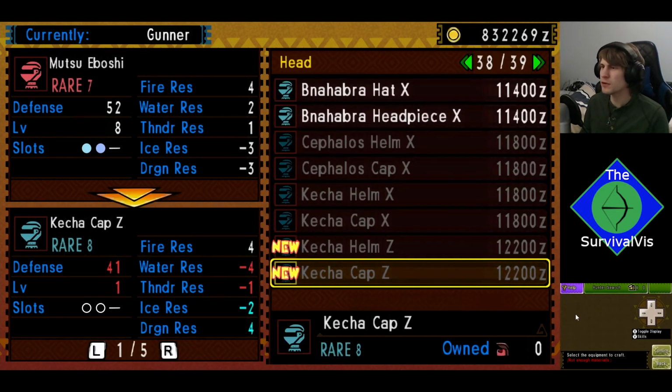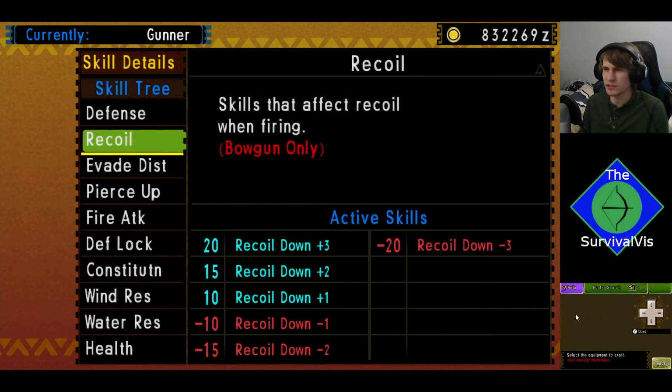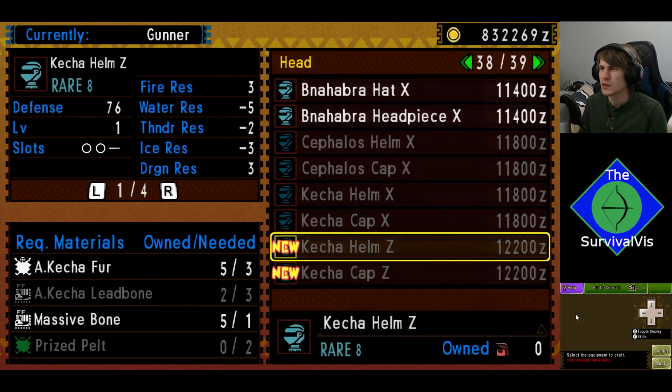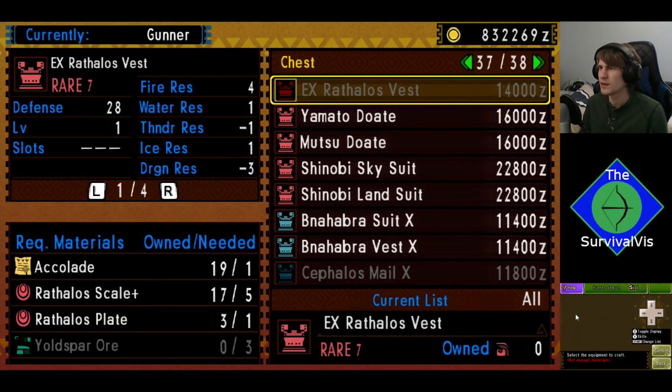Okay, might not be bad for a bow set, because you might be saving on stamina for some things there. Defense lock basically will just mean you can't really have your defense lowered, right? Yeah, so that won't super come in handy except for a few monsters. So, it's not bad, but I don't think it's anything we'd really use, although...